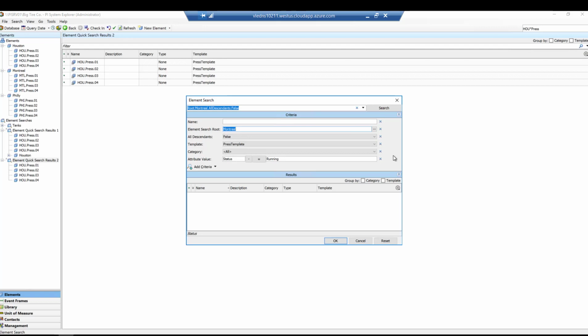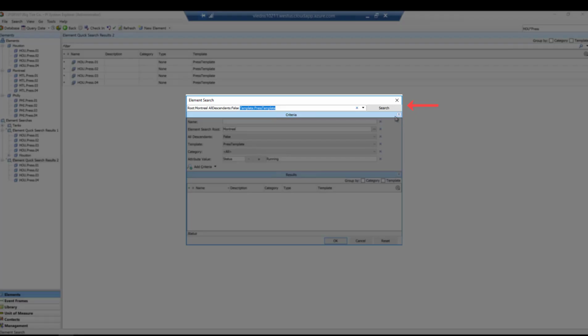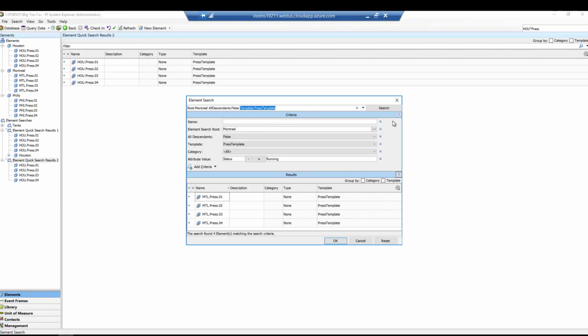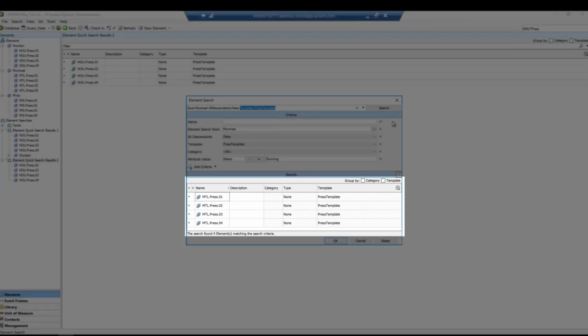The search criteria should have the element search root equal Montreal and the template equal Press Template. Click on search to get the results. The search field is in the upper right-hand corner of the screen. We should see 4 presses appear upon selecting search.